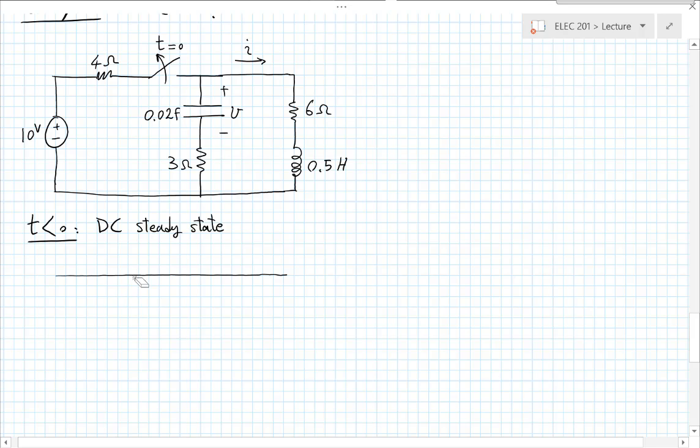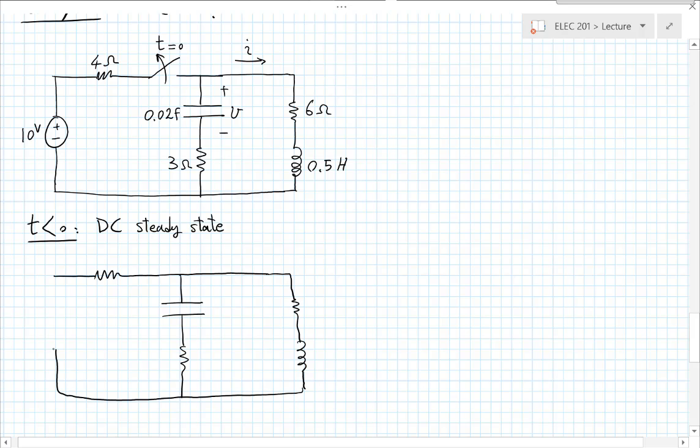And the switch is connected. This is a fixed battery, 10 volts. So that is not changing. It was just a switch. Now, in DC steady state, what does the capacitor do? The capacitor becomes like an open circuit. We've seen this several times. So the capacitor has effectively become an open circuit,